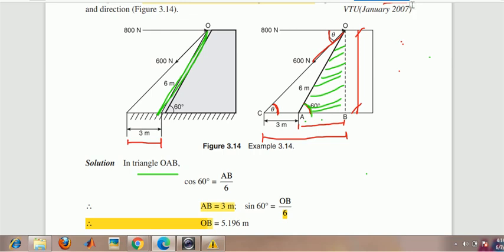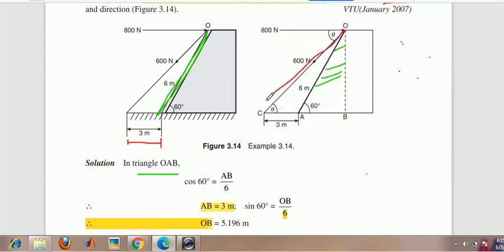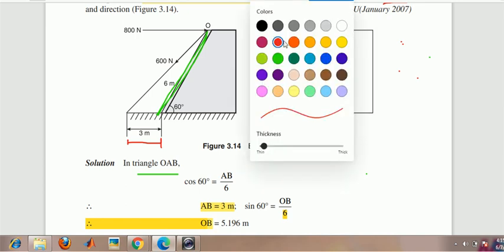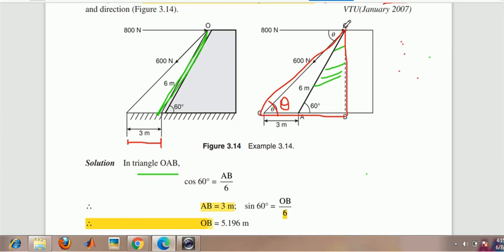So now we need to determine the actual theta value, that is the inclination of the inclined force. Now you have to consider this big triangle. Which triangle? That is OCB. You need to consider OCB, and this is our theta. And where is our force? Our force is here. If you find theta, this is the inclination of that inclined force.